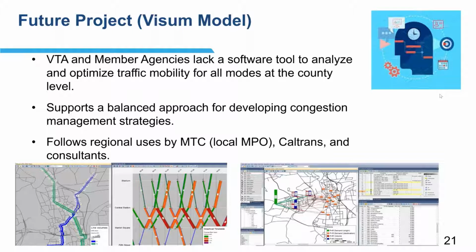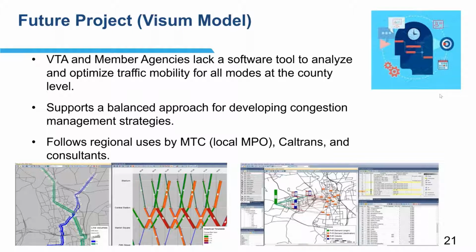And also, to Bill's point about the analysis of the CMP intersections, we understand if you use multiple different software, one software may show, just through a minute difference, reaching that threshold on whether or not that city needs to do a multimodal improvement plan, which is a lot of time and effort.